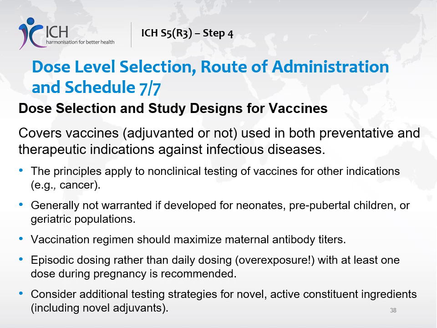Considering the short gestational period of routine animal species, it is generally recommended to administer a priming dose to the animal several days or weeks prior to mating in order to elicit peak immune response during the critical phase of pregnancy, in essence the period of organogenesis. The dosing regimen can be modified according to the intended vaccination schedule in humans. At least one dose should be administered during early organogenesis to evaluate potential direct embryotoxic effects of the components of the vaccine formulation and to maintain a high antibody response throughout the remainder of gestation.